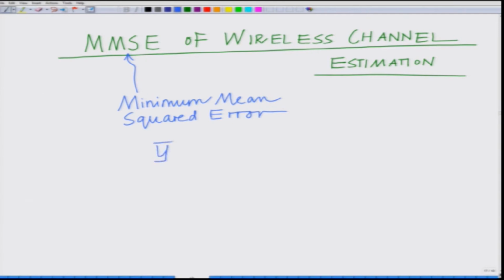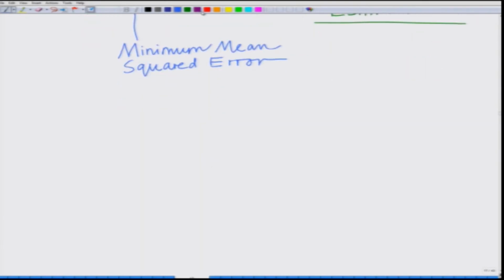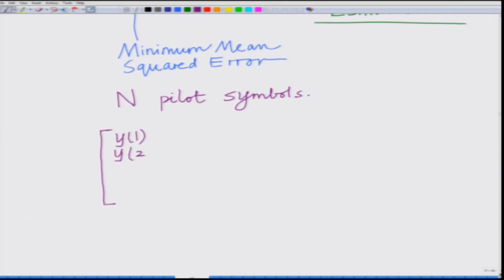Let us look at the model for the estimation. Let us consider the transmission. Of course, we have looked at this model, but let us just recall it. Let us consider the transmission of n pilot symbols, and therefore I can stack the received symbols as a vector, y1, y2, so on up to yn. This is the received or the observed vector,